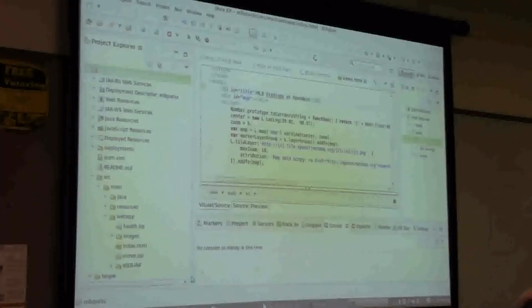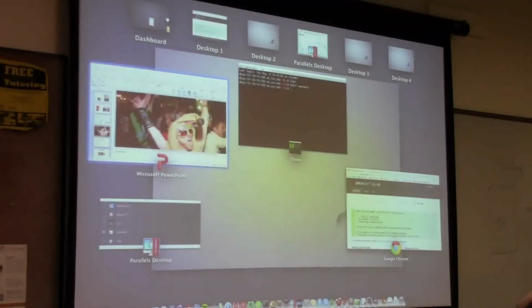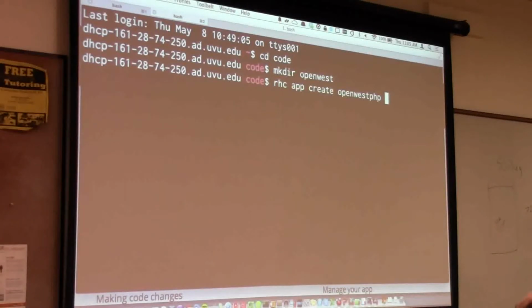Go back here. I'm going to create an application on the command line. I'll just use PHP because it's so quick. We'll make some changes. We'll add a database, and we'll go from there. So I can say RHC app create. So that's the command to do it. RHC is the command line tools. We call this Openwest PHP. You can specify the cartridge you want to use. We'll just use PHP 5.4. And then if you want your application to automatically scale, you can pass in the -s operation.